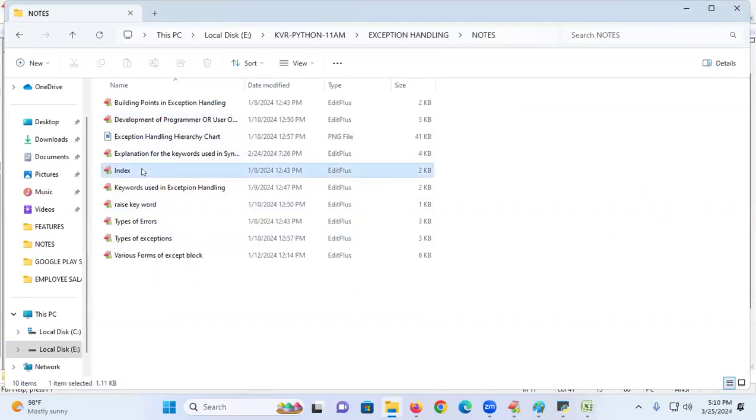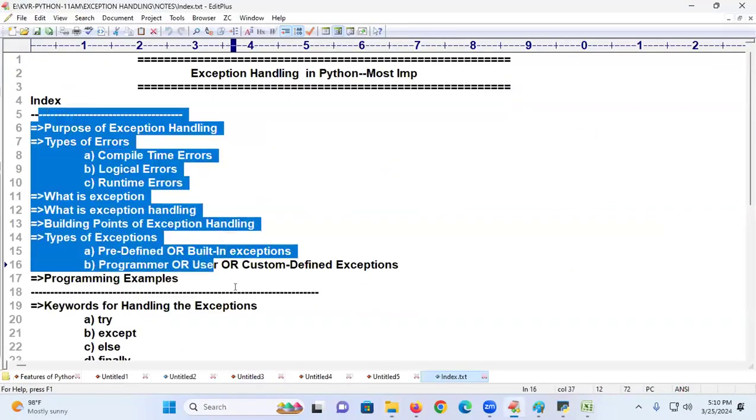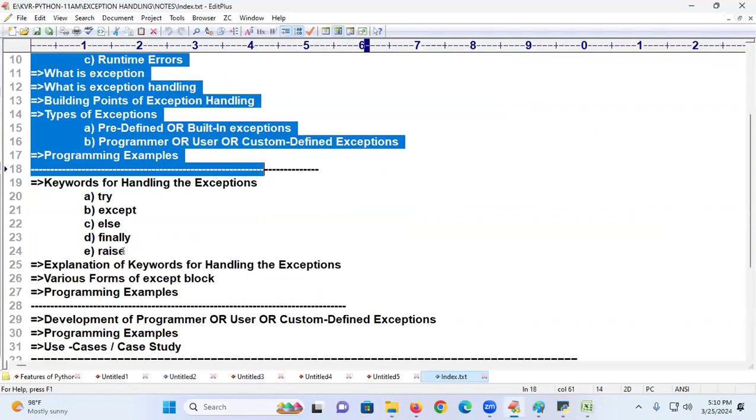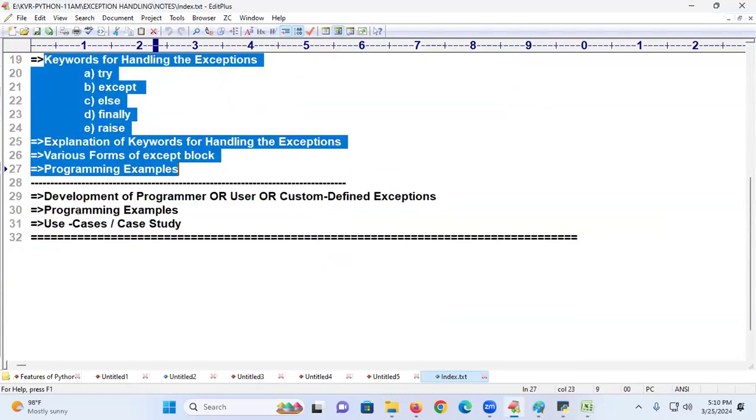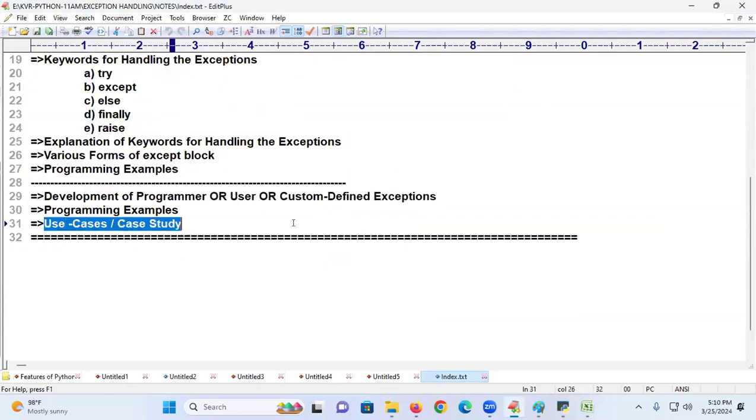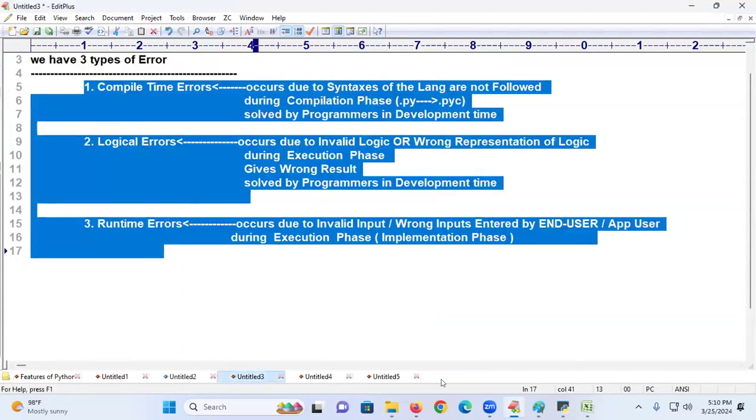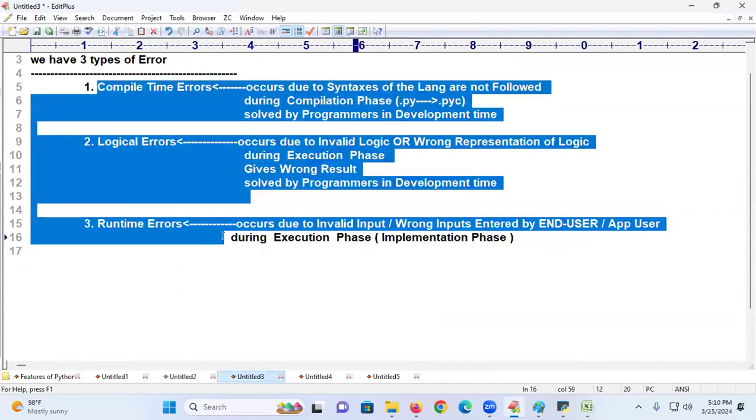Index of exception handling. You see, first level, second level, and next third level. That is a case study level I am going to enter. There I will show you the various types of errors. I will explain these errors in exception handling. There I will tell you what errors are coming, how to sort them out. Some thousands of error names I will tell you.